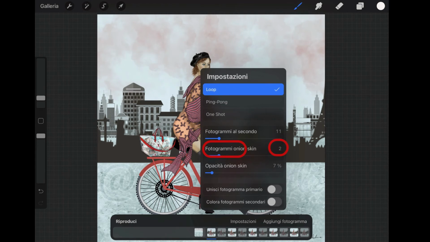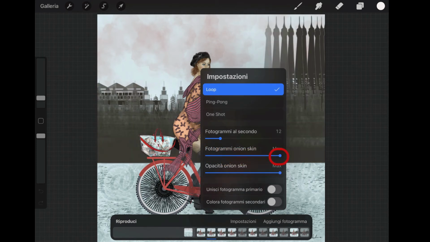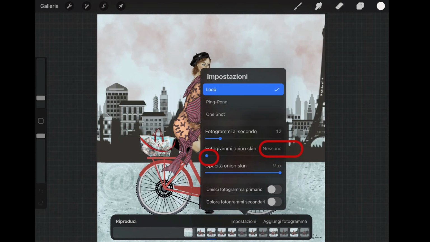To help us create the animation sequence, it is useful to use the onion skin option by setting it from the menu. This option will allow us to have an overview of the animation, therefore a certain number of frames around a current frame with a set progressive transparency. We can increase the progressive visibility of the frames up to a maximum of 12, or set to none to show only the current frame.